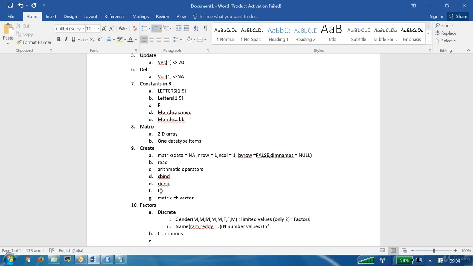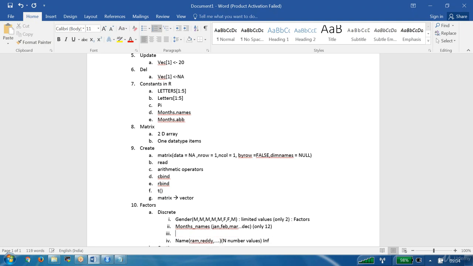If I take one more example, for example, months names. What months names are possible, sir? Jan, Feb, March, and so on, up to December. Total how many possible? Only 12. This is also limited or not? So can I call this a factor? Yes, factor. And is it discrete or not? It is discrete. Using that one, you cannot draw the line chart.